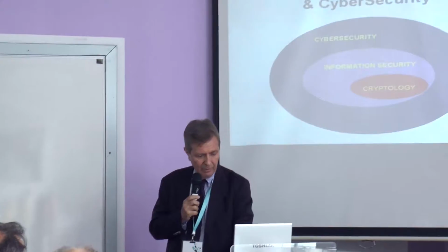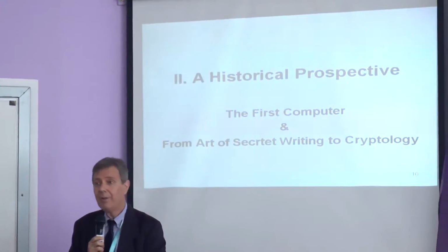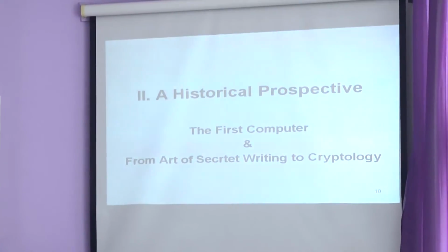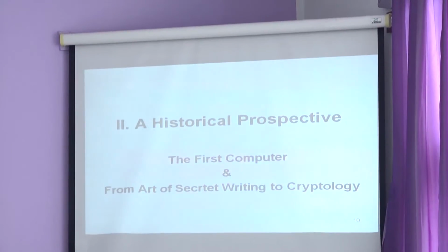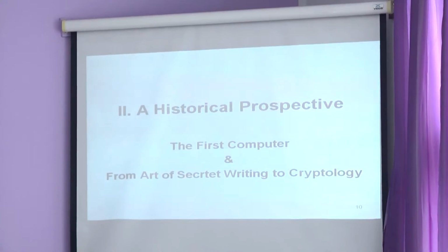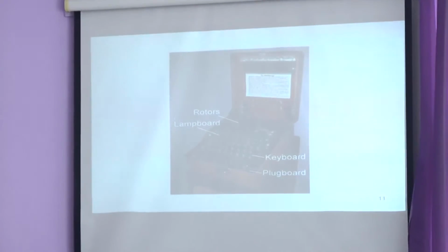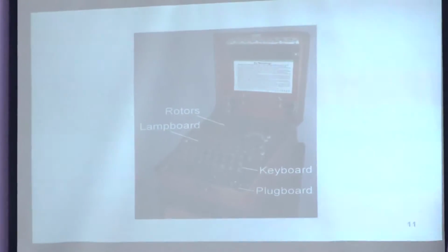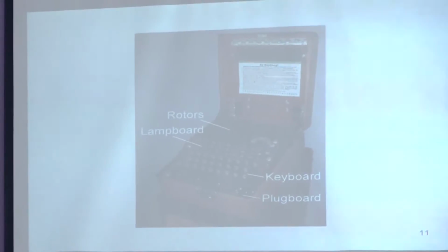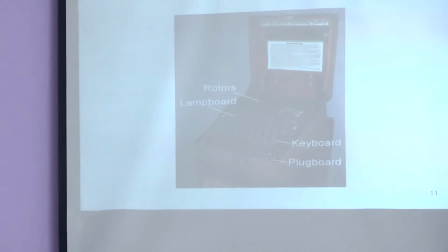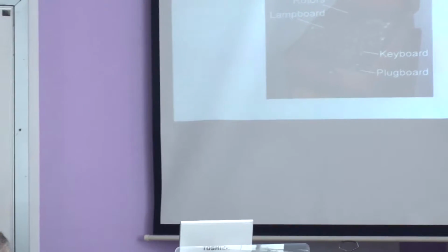But before we start to talk about technical issues, just a little bit of history. I think a lot of you know, but maybe somebody does not. So I would like to point out to you Enigma. This is a German encryption machine which was heavily used in the Navy. Why in the Navy? It was very important to deal with encryption of messages.